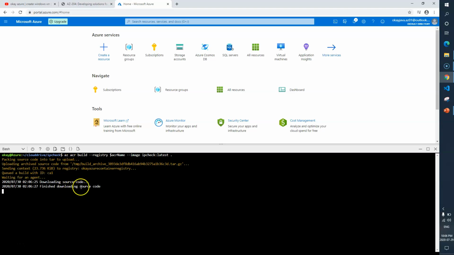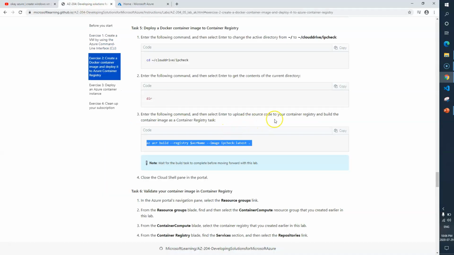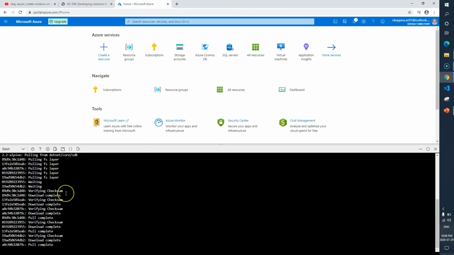So basically this is going to upload the source code to the container registry and build the container image. Now you can see it's doing a lot here. We'll wait for this to complete first.